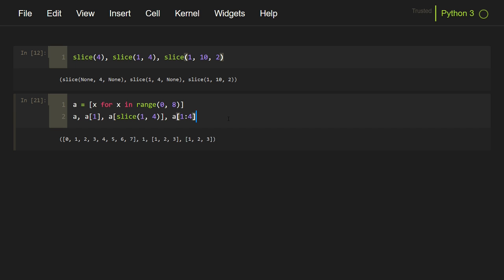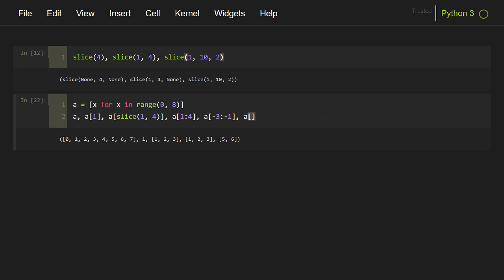In the indices of the list you can pass negative integers as well. So if I pass minus 3 to minus 1, this indicates that I want to slice the list from the third last element to the last element. So in this list, the third last element is 5 and the last element is 7. Remember, this ending value is not included anytime. So the final list that is generated is 5, 6.